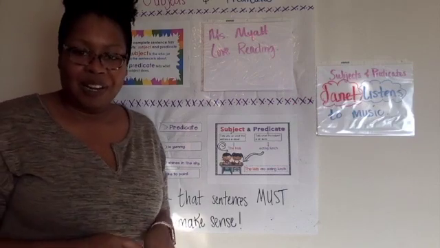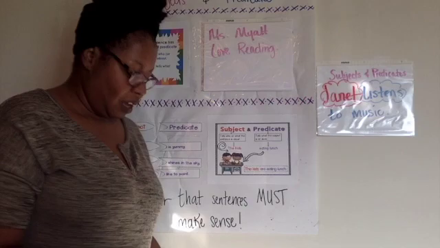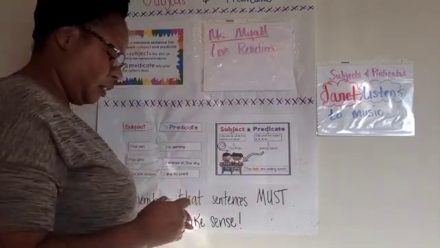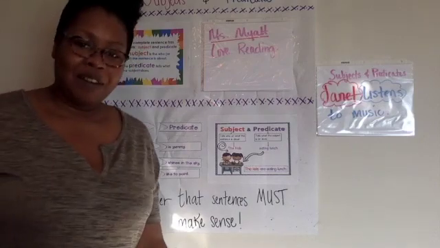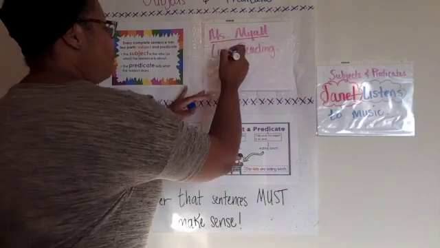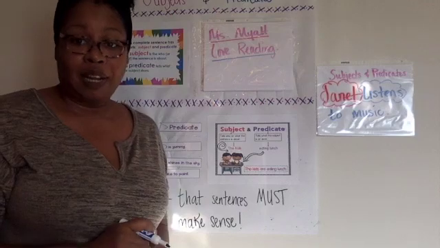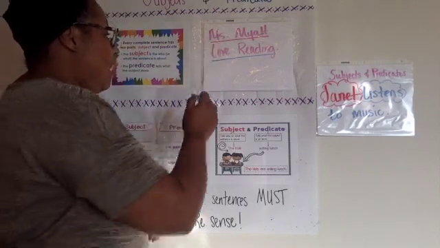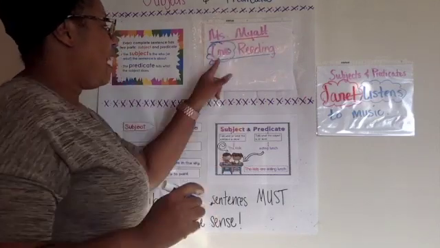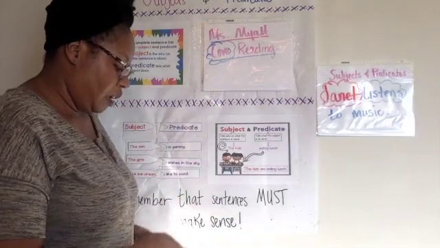So do you think you can identify the subject in that sentence? If you said Miss Maya, you are correct. And do you think you can identify the predicate in that sentence? Loves reading. I spelled that wrong, but loves is a verb, and that indicates that that's the beginning of our predicate. Now let's look